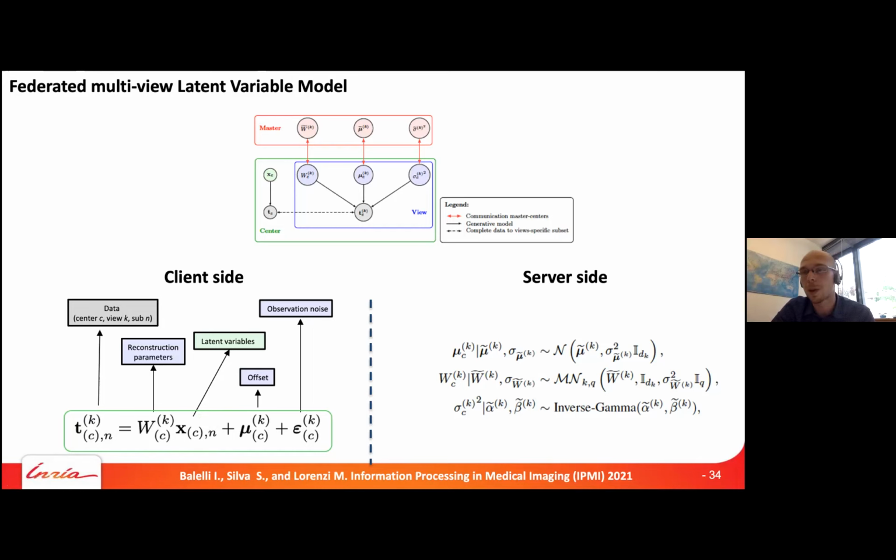We assume that everything is linear because it's nice, and we can borrow the entire machinery of probabilistic PCA. But we extend this: this is what happens at the client side, but the generative parameters, so transformation, noise, offset, and so on, are issued by a hyperparameter distribution, which is controlled by the server, with our own assumption on the hyperprior. We have to estimate everything, the latent and the model parameters, and tune everything to respect our hyperprior condition. So this is the generative model, the DAG.